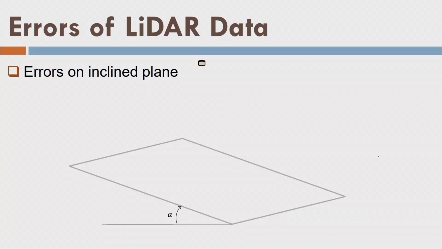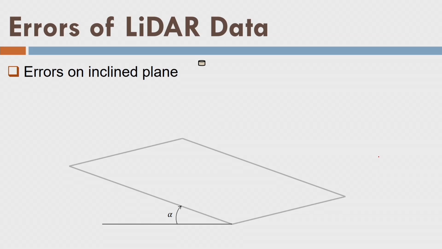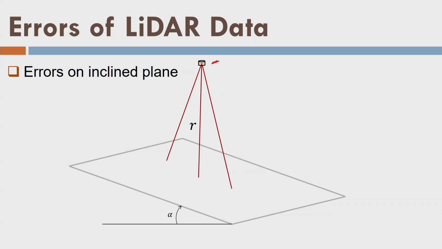So far we have considered the plane as a horizontal plane. What about the errors on the inclined plane? So, now let us see, this is an inclined plane and there is a laser scanner. This is the center point or the range R here, like this. So, this is the beam divergence. As a result, it will create an error ellipsoid, which is also inflated, or the size of the ellipse will be increasing, and this is 2 sigma p. So, what about the sigma z? The sigma z has increased.